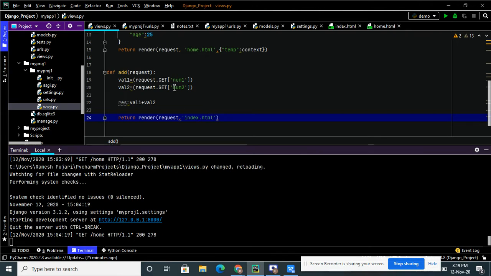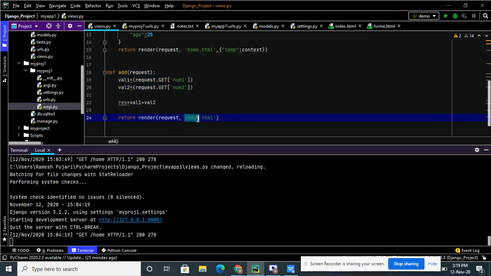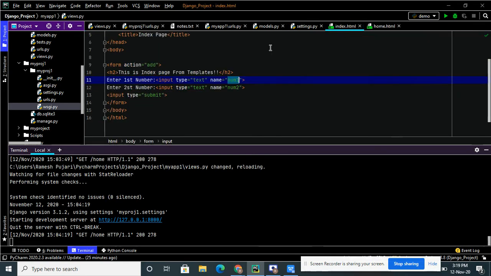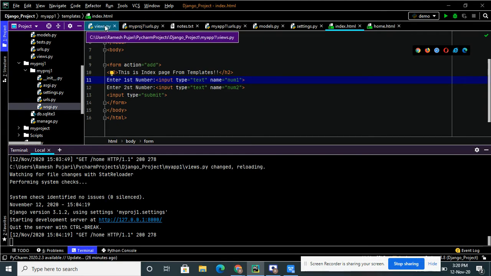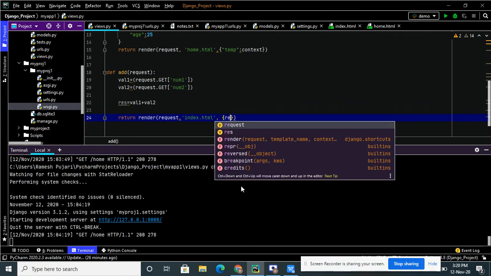So it means I'm getting these values from index.html, this value I am rendering to the index page, that is, you can observe here, these are present in my index.html file. So I'm passing these to the index page, rendering the index file. Okay, so after this I have to pass my result here. As I already explained, the syntax should be in the form of key value format.